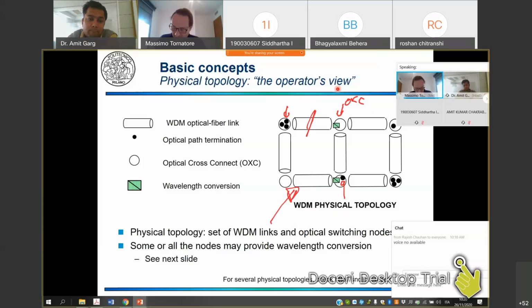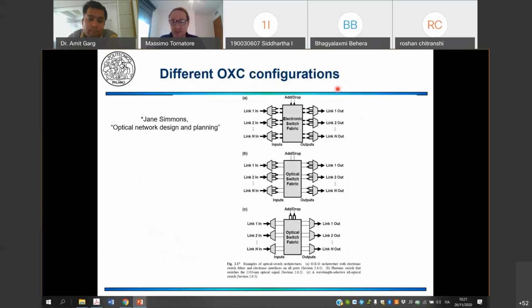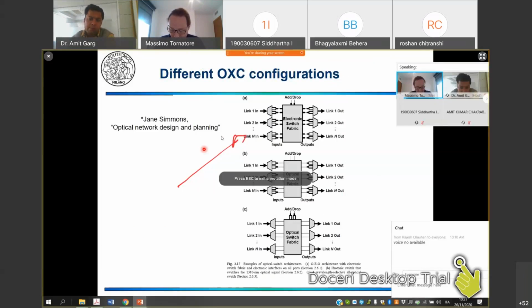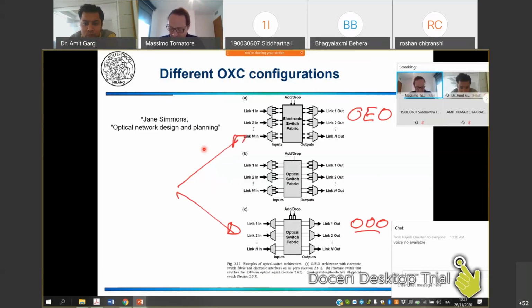A little parenthesis before I move on. The nodes in the optical cross-connect can be of 3 types, and let's concentrate only on these 2 types. They can be OEO nodes or OOO nodes. In the OEO nodes, the information arrives in optical,